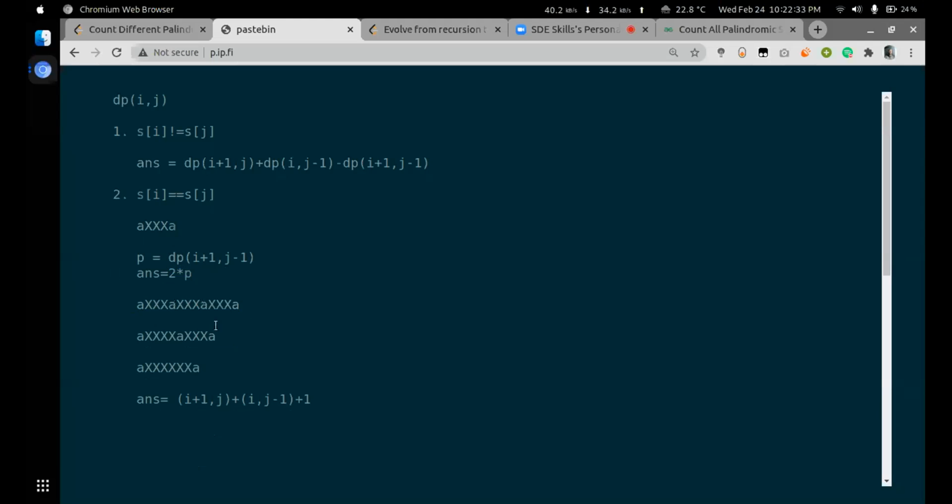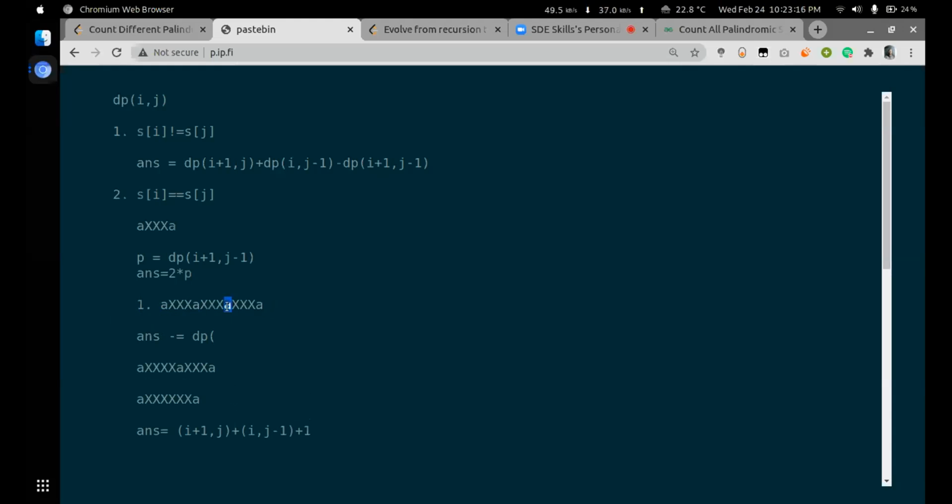So here the first case is the same character will be repeated twice, more than or equal to 2. So here the problem is this part will get repeated twice. Since one of the possibilities will be I will be adding these two A's to this part, and the other possibility will be adding these two A's to the middle part. So this is why I have to subtract from my answer the dp value of index of this point